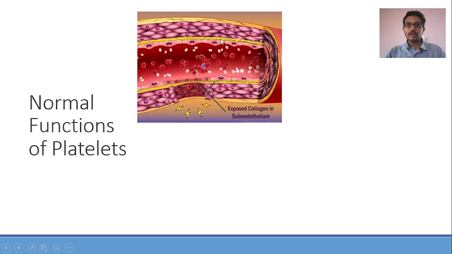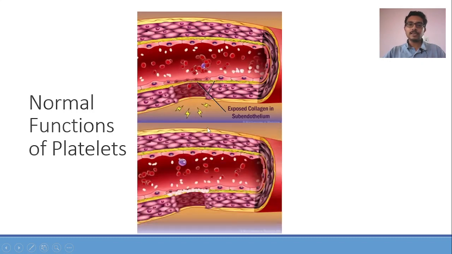An intact endothelium repels the platelets because it has an anticoagulant profile. But whenever there is an injury to the endothelium, the subendothelial collagen and various other factors such as von Willebrand factor get exposed. These have a procoagulant profile. They will start attracting the platelets, and platelets will come and form a plug. They will block further injury to the endothelium.